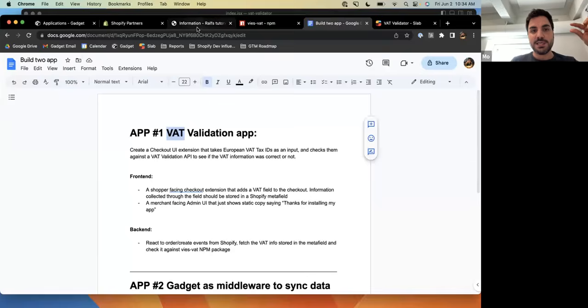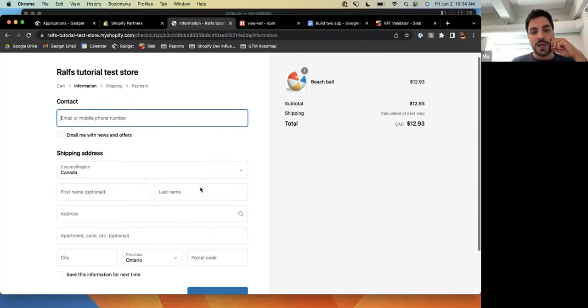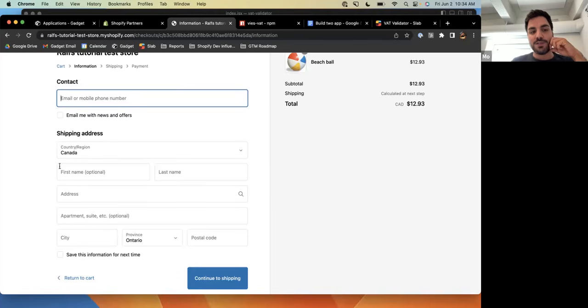So this is the store we're going to work with. It's a test store that I have set up with checkout extension previews. And this is what my checkout looks like right now. What I want to do is add a field, just one more of these fields, maybe right above the country. And I want to collect the VAT number, the tax ID number of the buyer